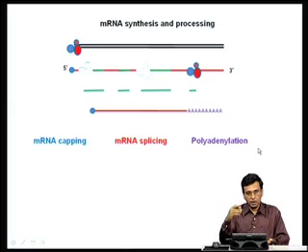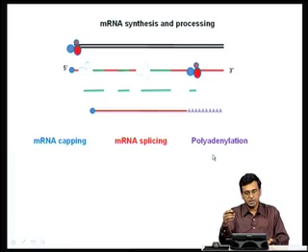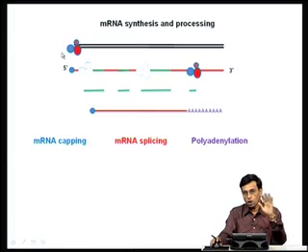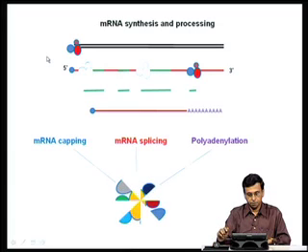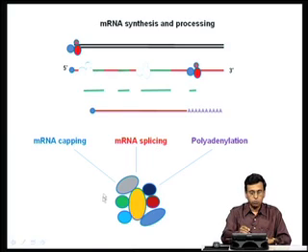So in the next two classes, this class and the next class, we will discuss how mRNA capping, mRNA splicing and polyadenylation take place, and how exactly RNA polymerase 2 actively participates in all these three processes as well. So the role of RNA polymerase 2 is confined not only to transcription, but also to all these other post-transcriptional, co-transcriptional processing mechanisms. Now each one of these processes, namely capping, splicing, polyadenylation, again is carried out by